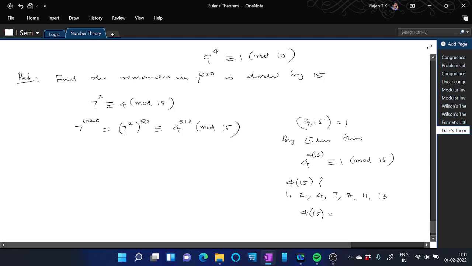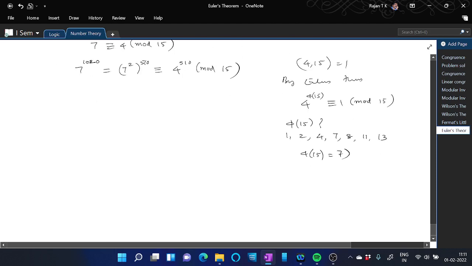1, 2, 3, 4, 5, 6, 7. Hence, 4 raised to 7 is congruent to 1 mod 15. So, we have to reduce this 4 raised to 510 mod 15 by using 4 raised to 7 is congruent to 1 mod 15. So, write 510